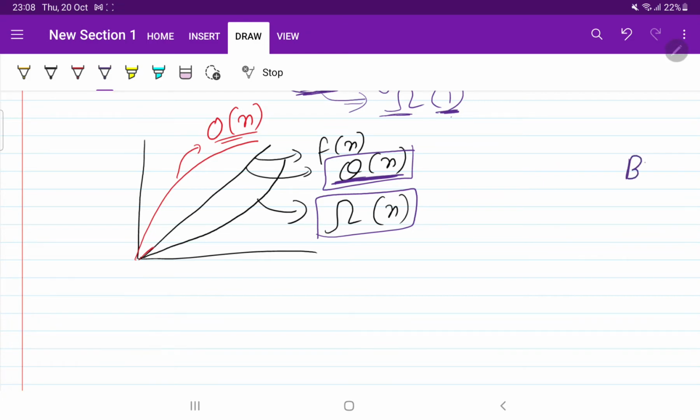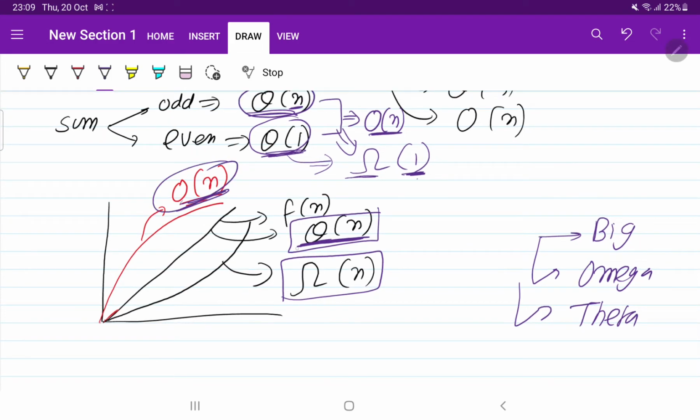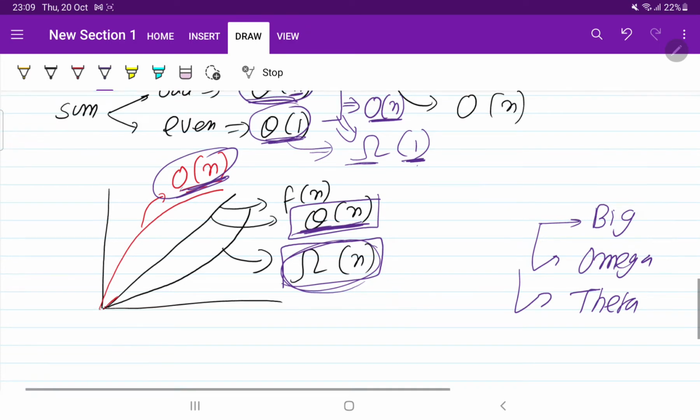Big O and omega are opposite of each other, and theta represents the exact of all three. I hope it is clear to you. Still, if you have any confusion, please let me know in the comment section. I will help you clear all three. So big O covers from the upper side, theta is exact, and omega covers from the lower end.